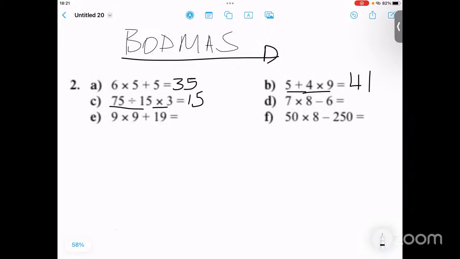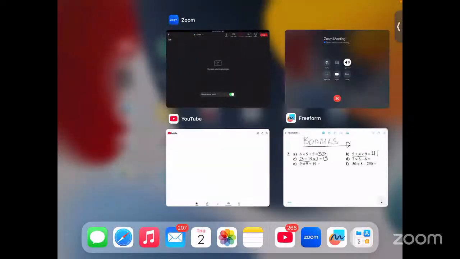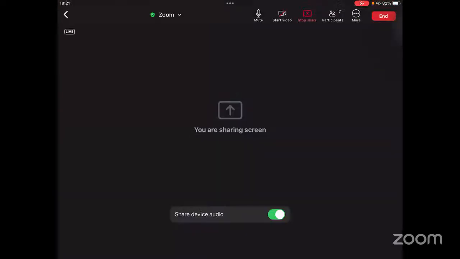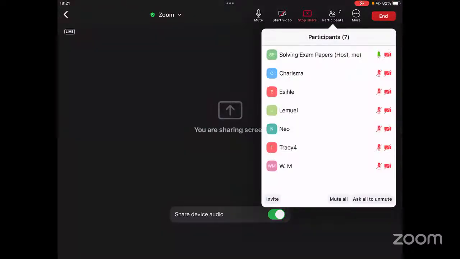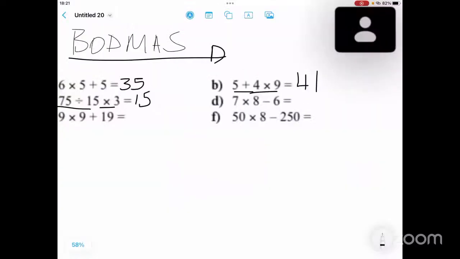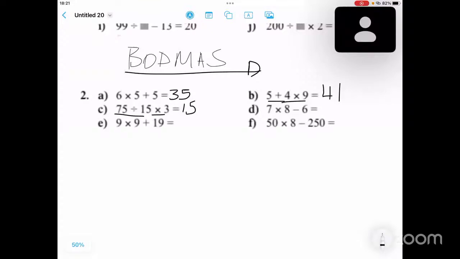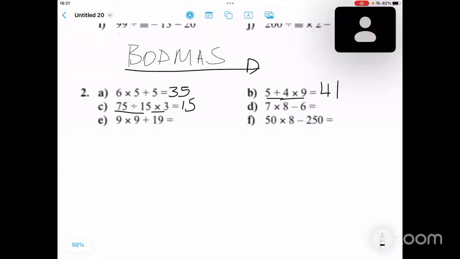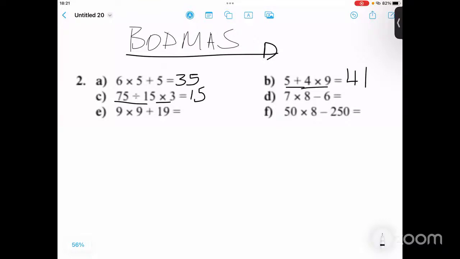Now let's move to D. D says 7 multiplied by 8 minus 6. And what's going to be the answer for this one? Let me see who's in here. Tracy. Oh, we have Tracy. Tracy, what are we going to do here? We're going to start with